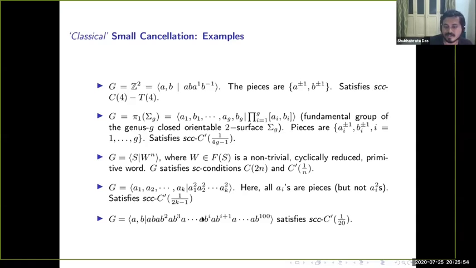And here we can see another presentation like this. This is a very typical small cancellation word: ab squared, ab cubed, and so on up to ab to the 100. You can just check the length of this, and check which subwords can be pieces. So you should find subwords which appear in two distinct ways. Here you can see a subword b^i a b^(i+1). You get this subword here once, and again in b^(i+1) a b^(i+2), you can find the same subword sitting inside this string.